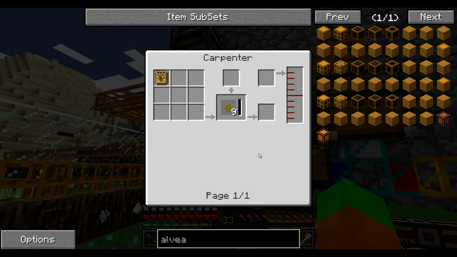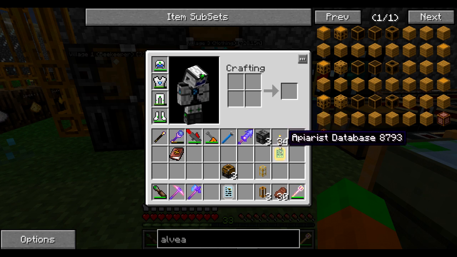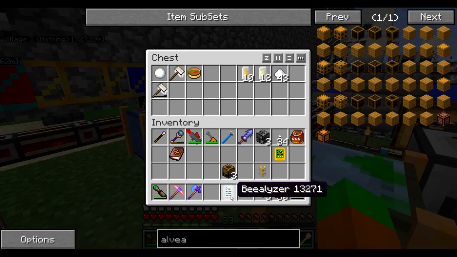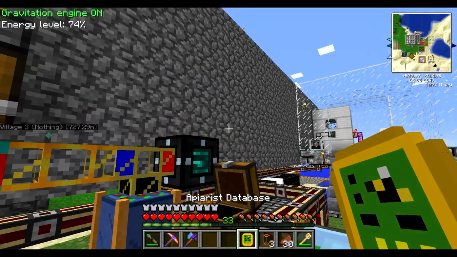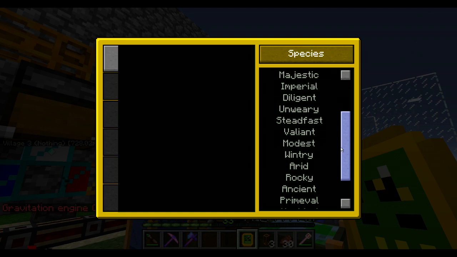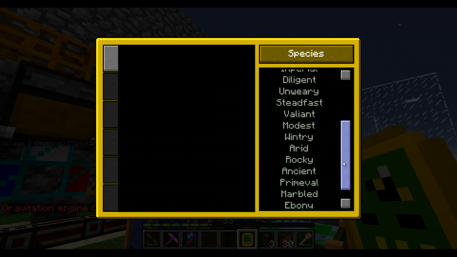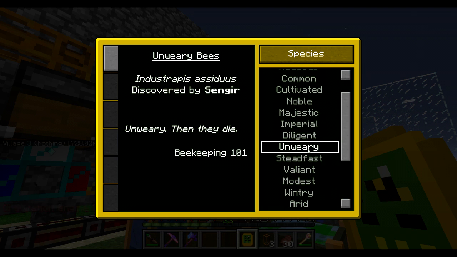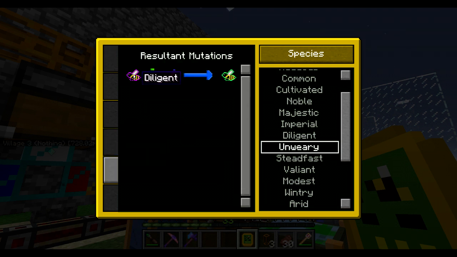How do I get pollen? Okay, so pollen, apparently I can get from industrious bees, using the wiki here. Did I discover industrious bees yet? I think I haven't. They seem to be a mutation from diligent and unweary. Did I get both of them? Okay, unweary I did get, and diligent of course. How do I get unweary? Diligent and cultivated gives me unweary, and diligent, well obviously